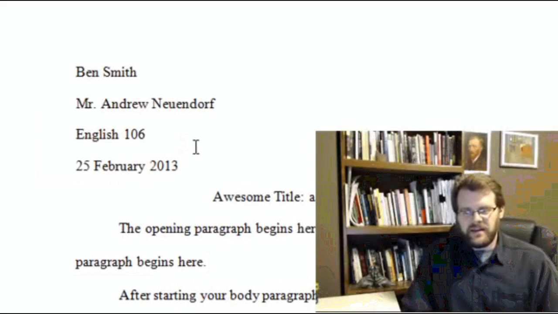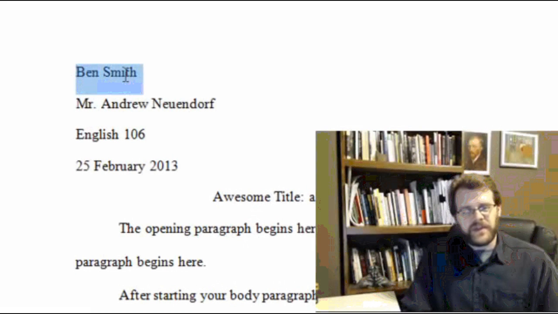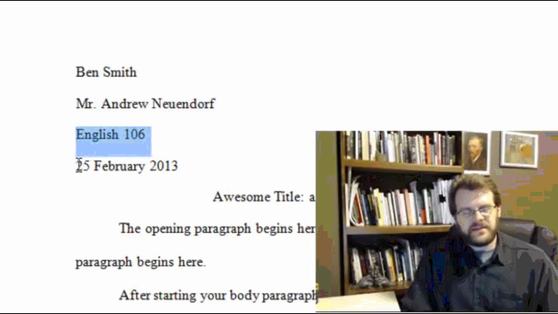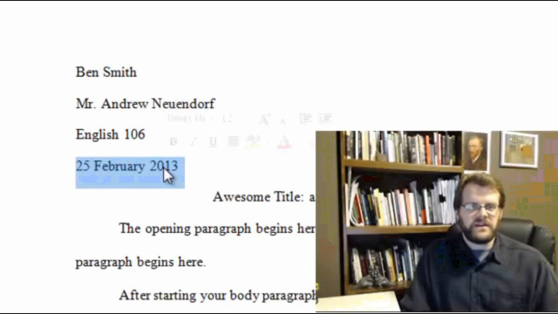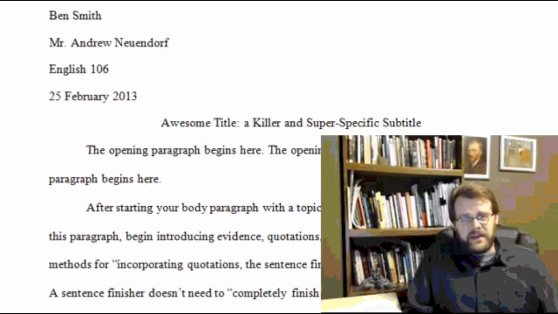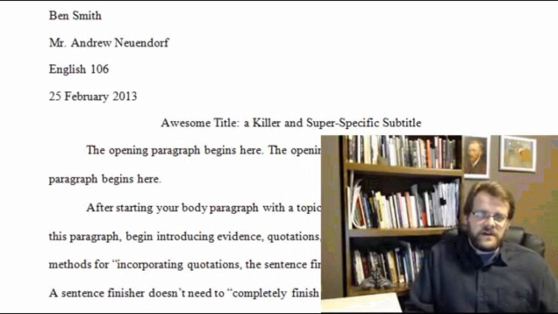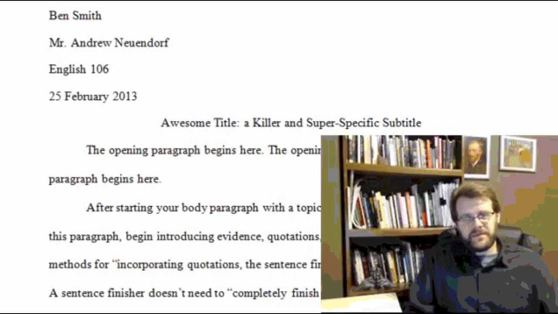The next part of the heading is this 4-piece structure. We'll start with your full name, then the instructor's name, followed by the course and the date in what we could call European style, with the day first, followed by the full month spelled out, and then the current year. After the heading, you'll want to add another space and then create your title. You'll center this title, and here I've chosen a classic or perhaps cliche approach to a title, which is to come up with something creative, to use a colon, and then to follow that up with a more specific description